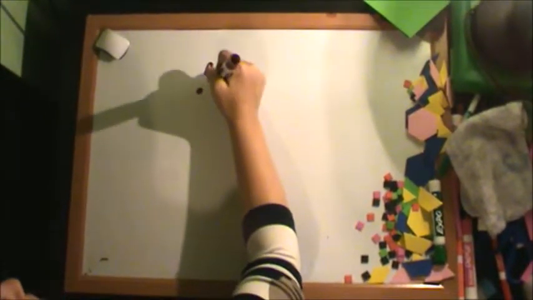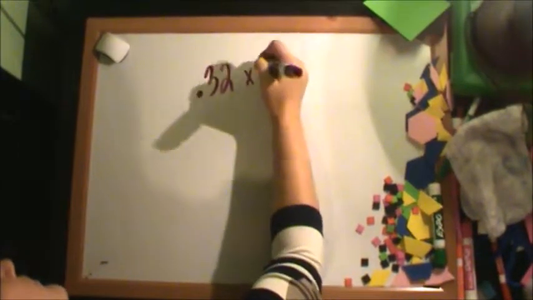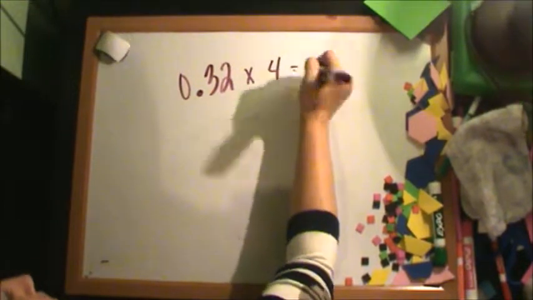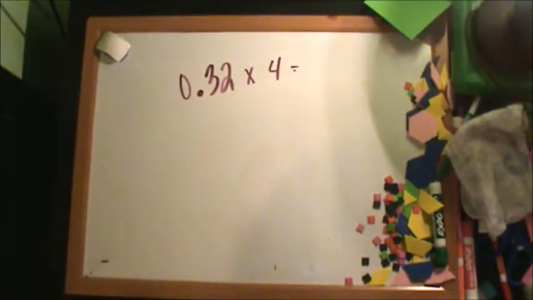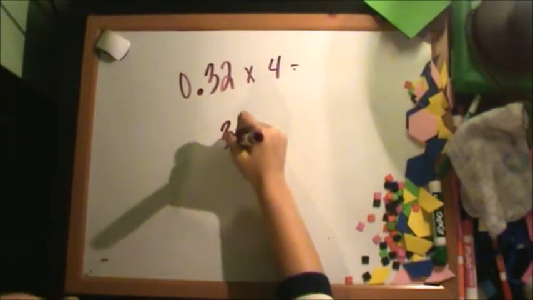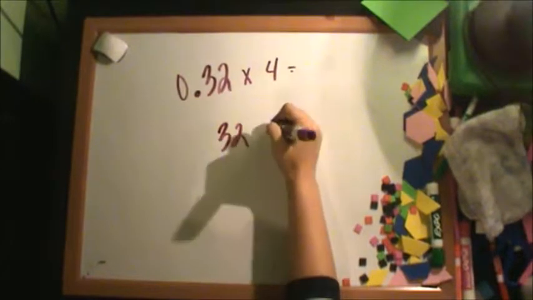Okay, so this is invented strategies and manipulatives for multiplying decimals. So the first way that I'm going to show: I have 32 hundredths times 4. The way that I'm going to do this, I'm just going to write 32. I'm going to drop the decimal,